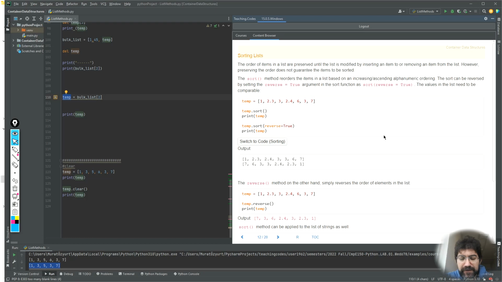Sorting, on the other hand, is rearranging the locations of those items based on their properties, such as their magnitude, their lexicographic ordering,